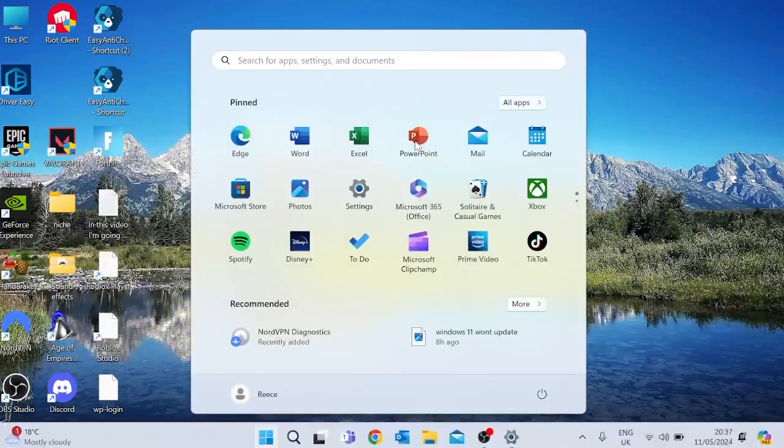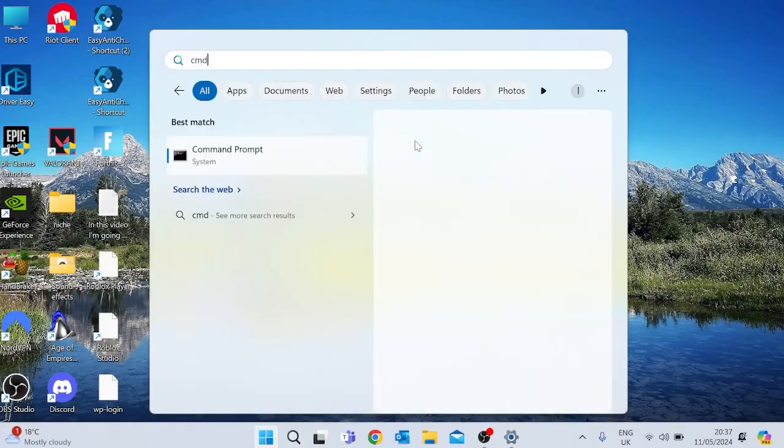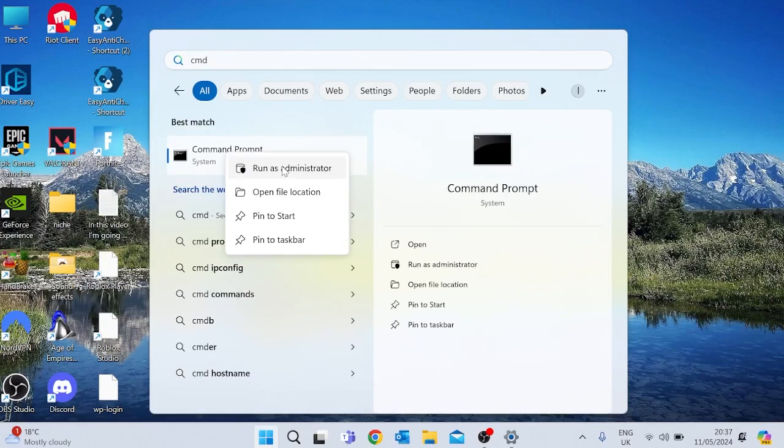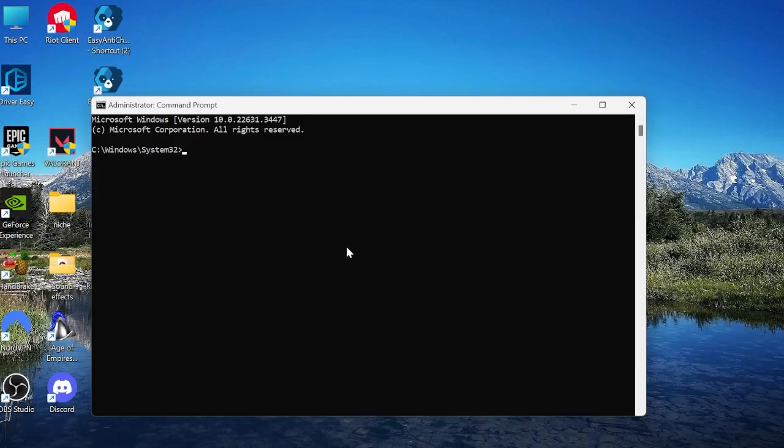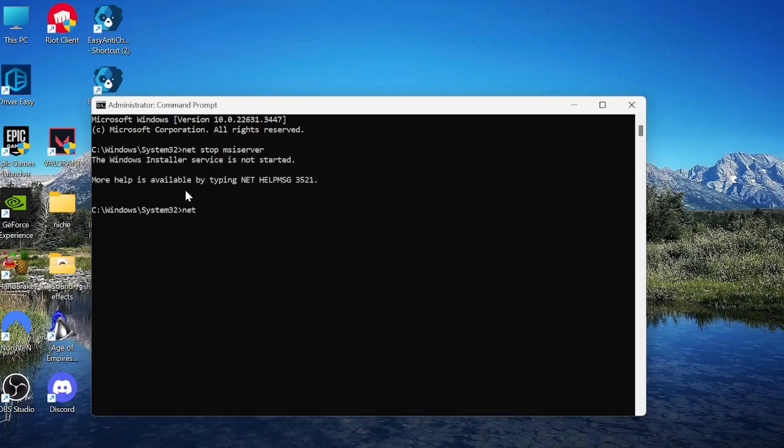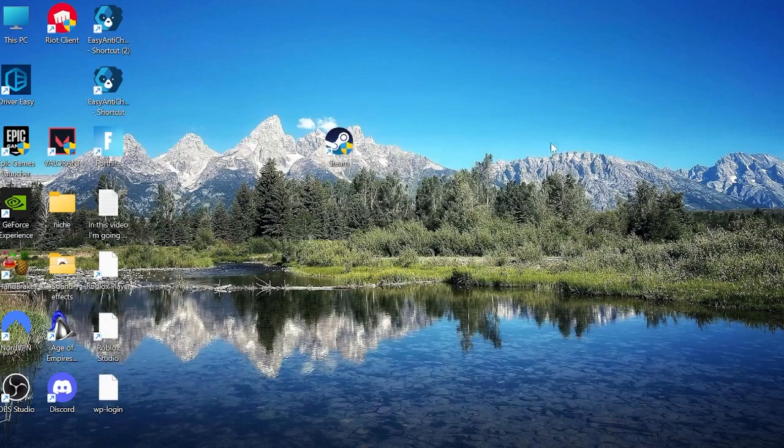Next thing you want to do is come to the start menu and search for CMD and right click on the command prompt and run as administrator. Inside of this window type net stop msiserver and then press enter. And then you want to type net start msiserver and hit enter. And once we've done that, we can close off of the command prompt, and you want to come to your